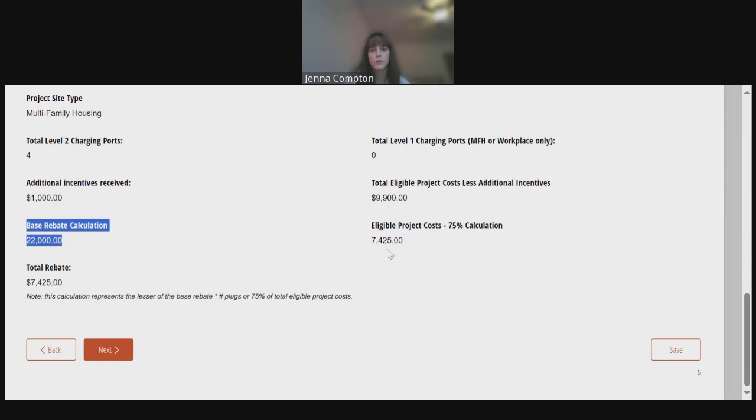Once you fill out the eligible project costs, which is only filled out in the post installation portion of the application, we'll be able to see how much was actually spent on the project, and it'll be the lesser of the two. So for this example, the base rebate amount was $22,000 based on the amount of ports that they had and that the project was multifamily housing. But with the inclusion of the eligible project costs after installation, it brought their rebate down to